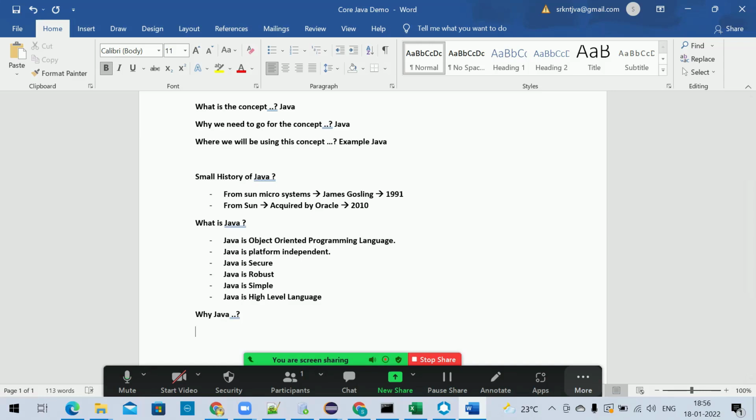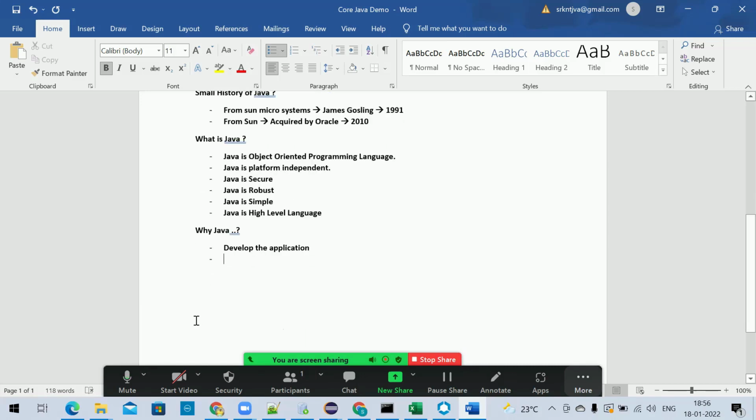Most people will think, Java is a programming language, we'll develop programs. By using those programs, what will you do? You need to explain that we develop applications. Again, people will ask which type of applications we will develop. Here we have two types of applications. Applications like web-based applications,